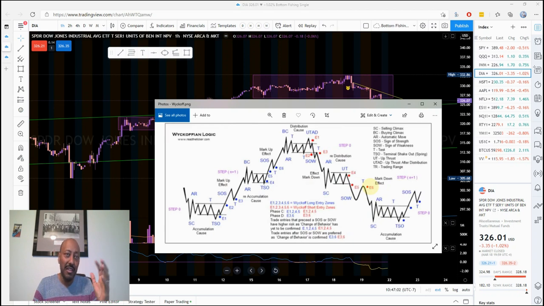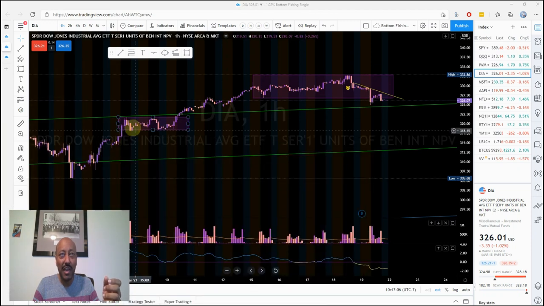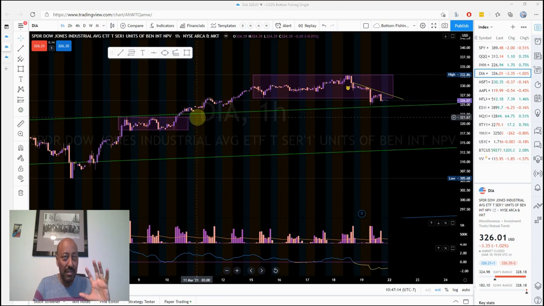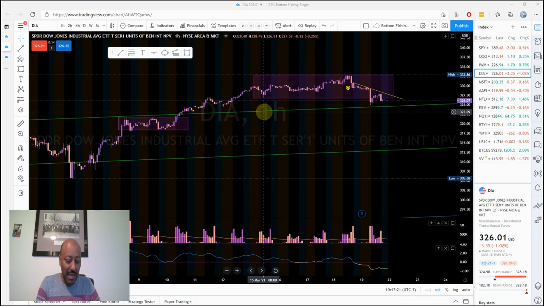So basically, this is how I simplify Wyckoff on my chart. I draw the box. Where am I in relation to that box? As soon as I break that box and retest the box, not inside of it, that's my entry signal. I pull the trigger and I am done.